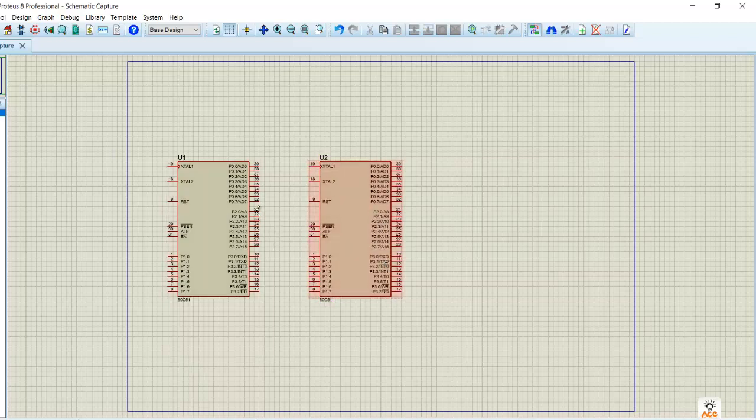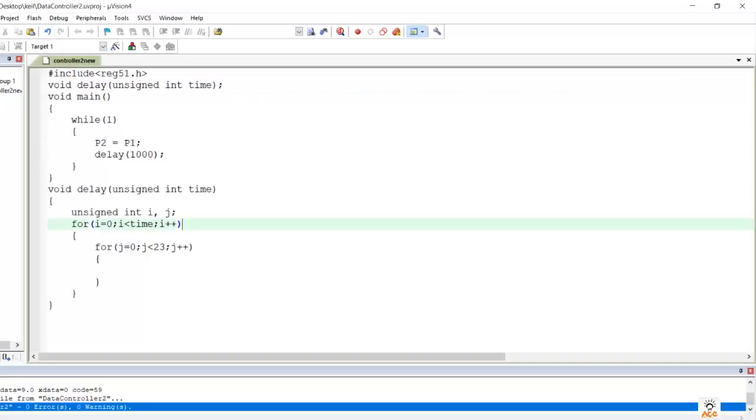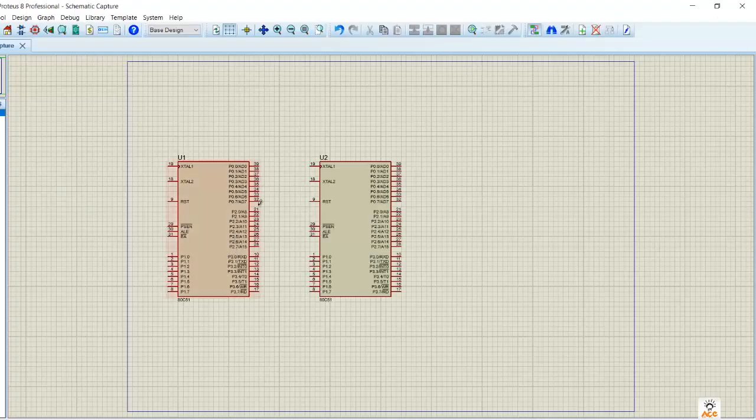Okay, so let us join these ports. So we are dealing with P2 and P1. If you can see in the code, the first microcontroller used P2 and the second microcontroller's port was P1. So let us join them first. So P2 to P1.